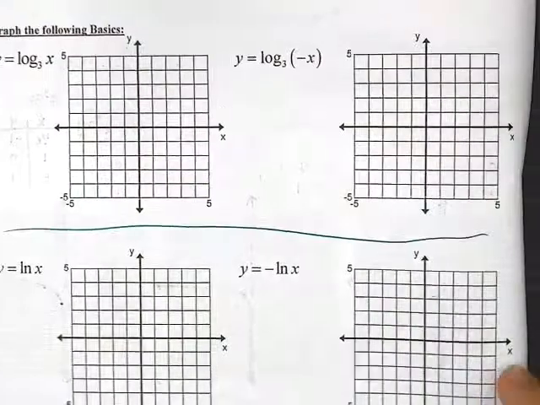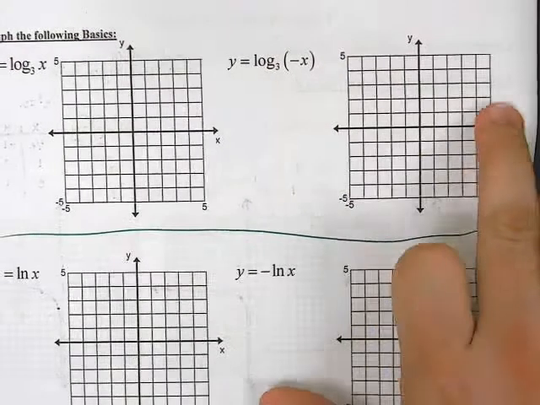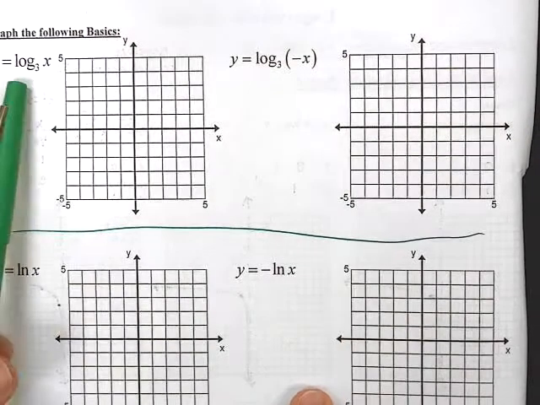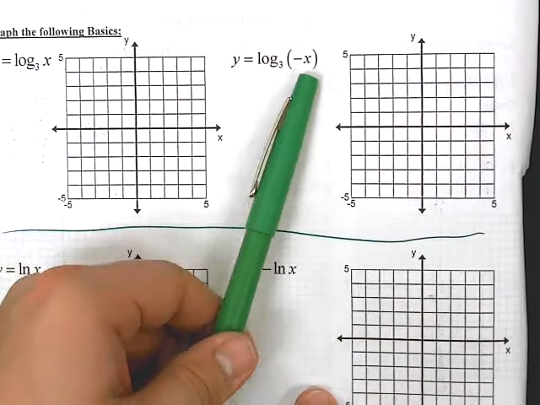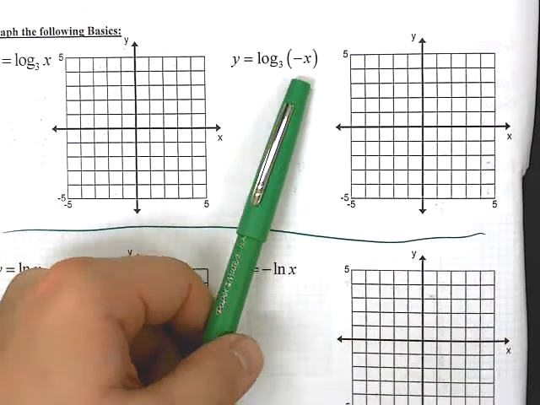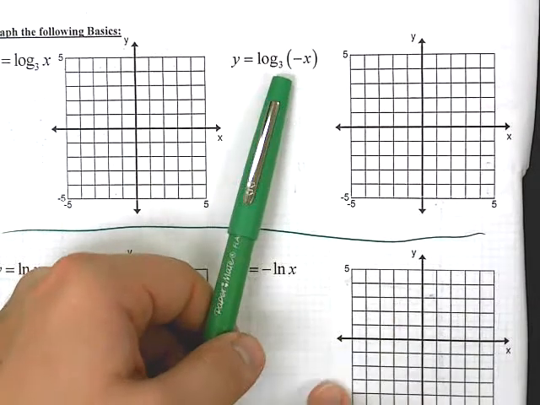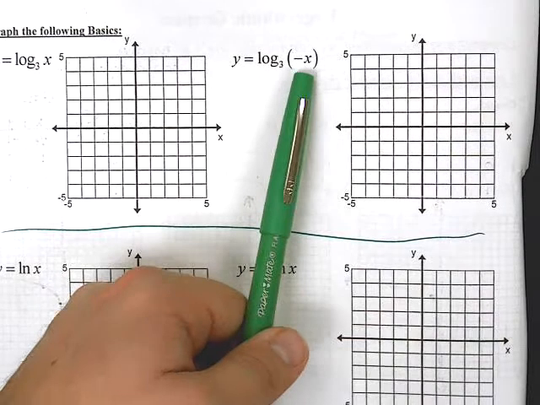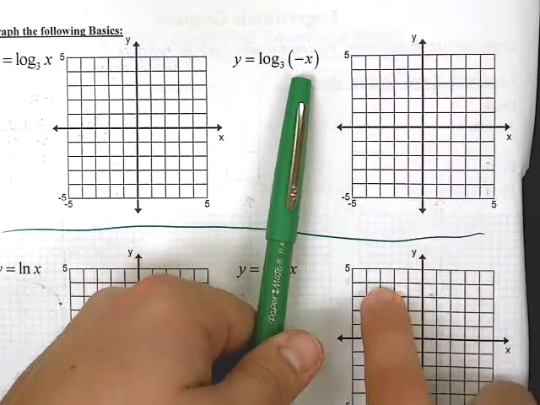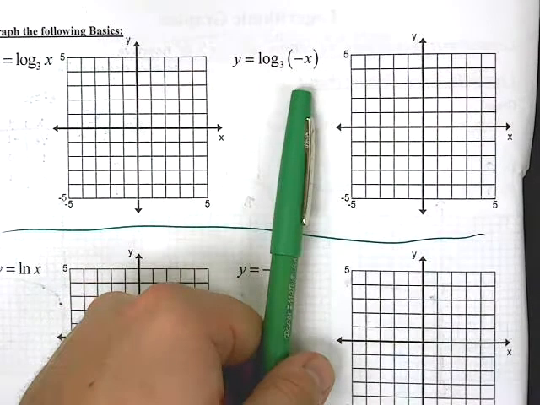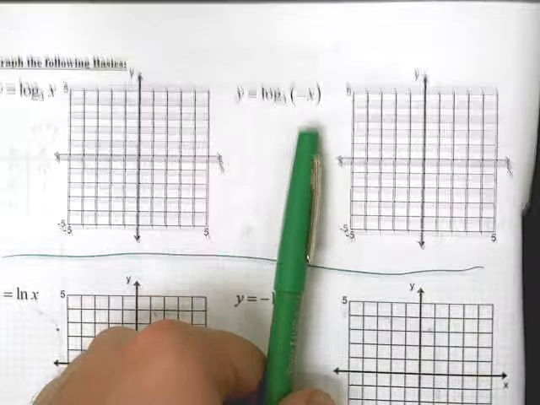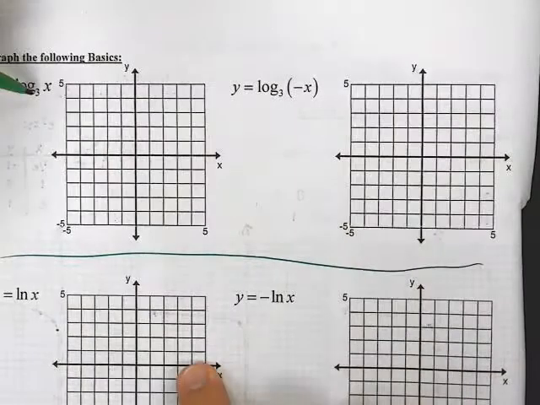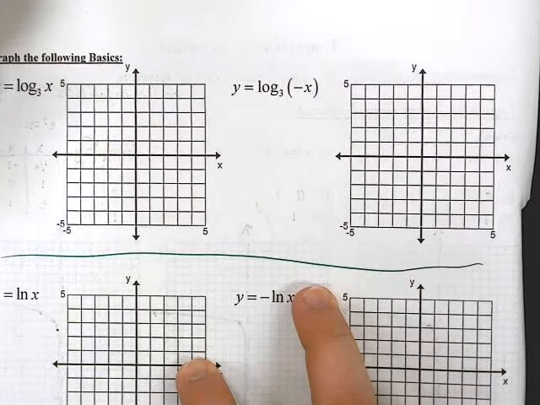Alright, my two graphs up at the top are very similarly related. Only major difference is one has a positive argument, one has a negative argument. Now, again, we can't have negative arguments. Don't think that this is impossible, though. We just need to remember that the x values that we choose have to make the argument at the end positive. All right. So if I had log base 3 of x, a couple of options,